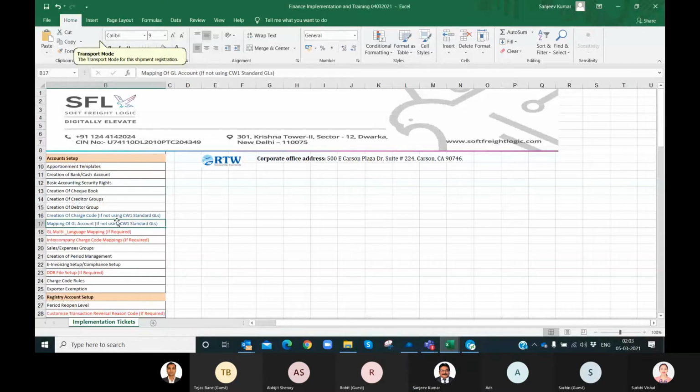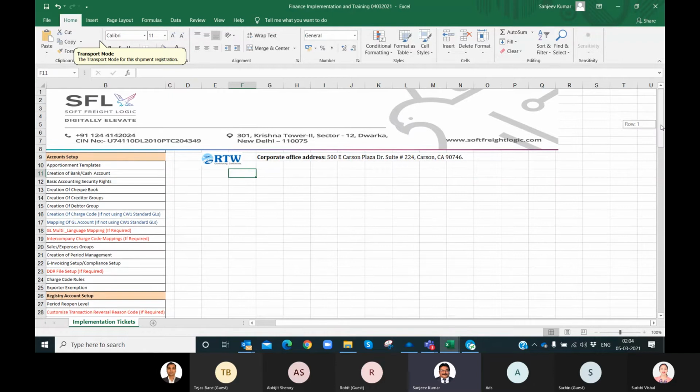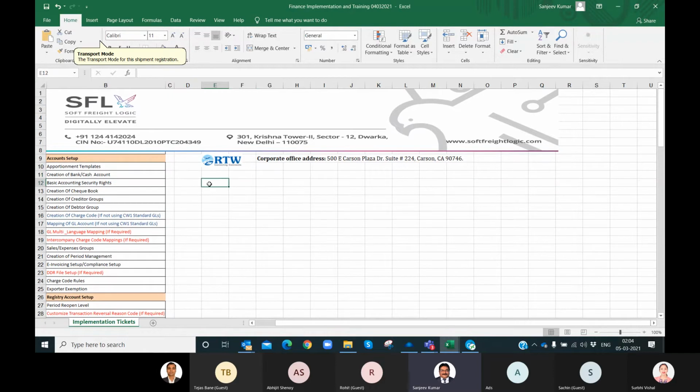So I will share with you the CargoWise standard GL account, and parallelly your legacy system GL account will have to be mapped. We will have to check here, and it is better that you switch over from that to the CargoWise set of GL or charge codes, so that it will become easy for the users.